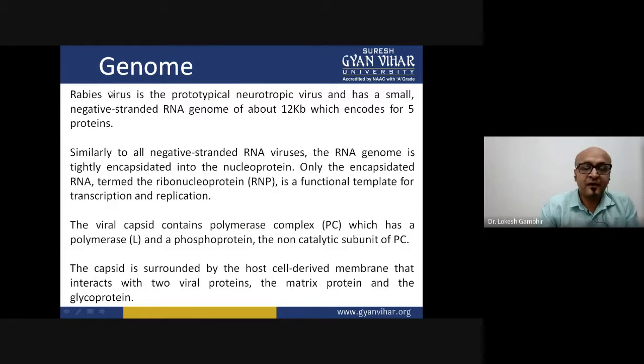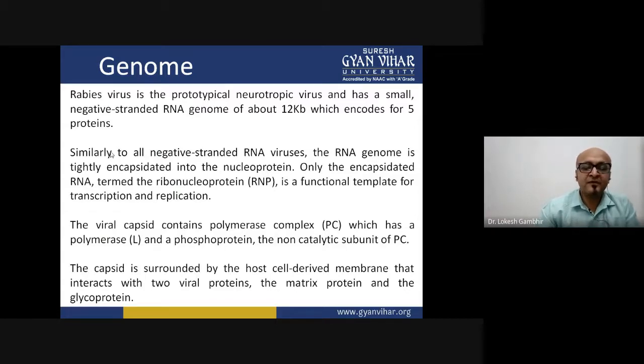And this rabies virus, when we are talking about rabies virus, it's a neurotropic virus. Neurotropic virus means once it is getting infected, it directly goes to the spinal cord, and then it travels through the spinal cord, goes to the brain, and then it causes impairment of the central nervous system.